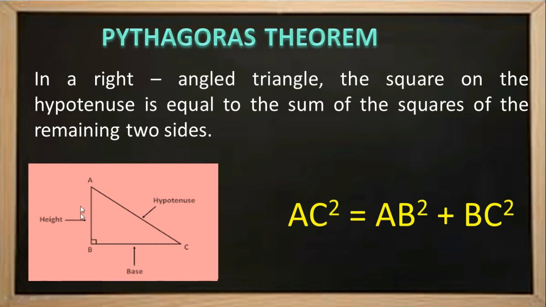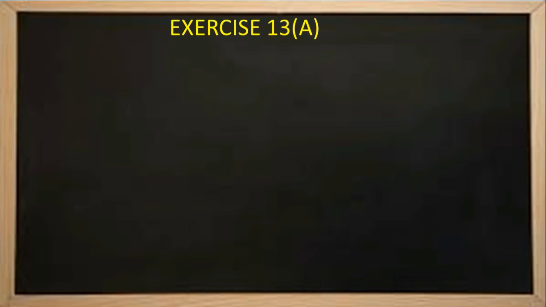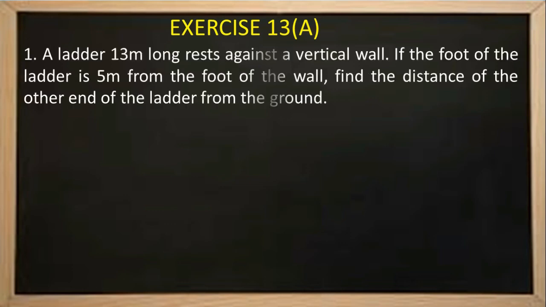Now straight away, keeping these things in mind, which are the things you need to remember, children? To apply the Pythagoras theorem, we need to have a right angle triangle, and it is necessary to identify at which point the right angle is formed. So the side opposite to the right angle will be the hypotenuse, and the remaining two sides are height and base respectively. Straight away, let us move on to the exercise problems.